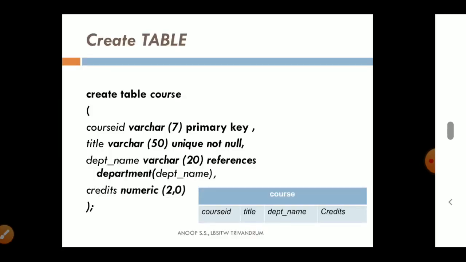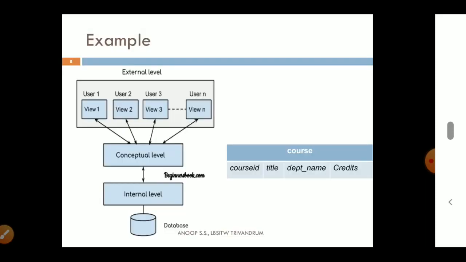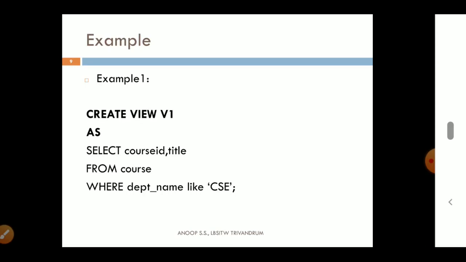Example: if we use a create table command to create a table course, then a table will be created at that time, and that will be available at the conceptual level. When we create a view like this, that means select course ID, title from course where department name like CSE, course is a table that is already available in the database.